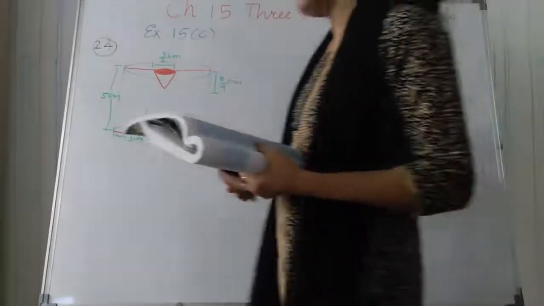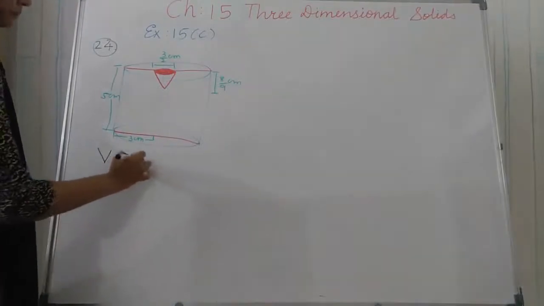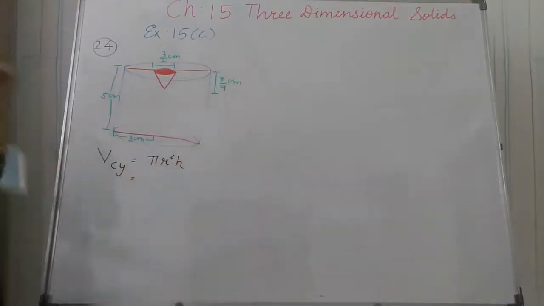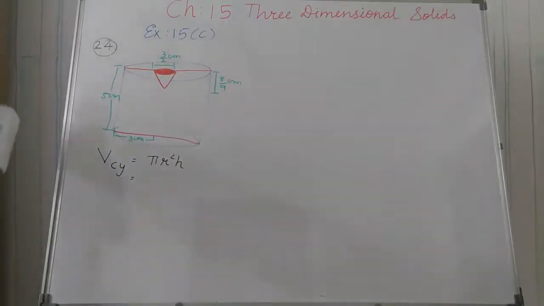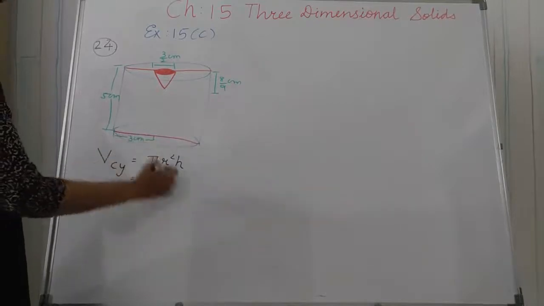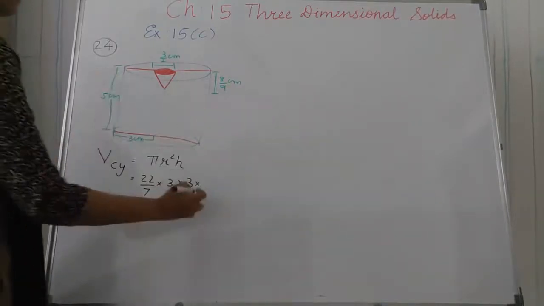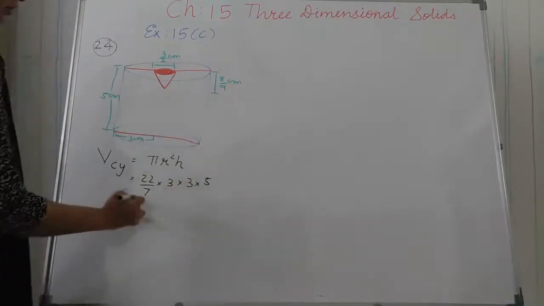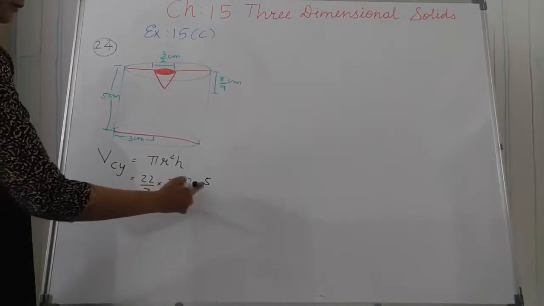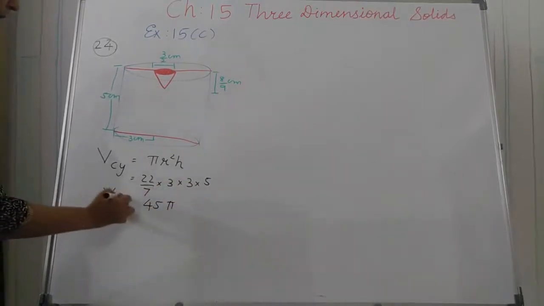So first of all we find volume of cylinder, students. Volume of cylinder pi r square h. So pi value not specified, so I use 22 by 7. Radius given 3 into 3 2 times and height is 5. So now I do not put pi value right now. So 9 5s are 45 pi. I put it volume of cylinder.